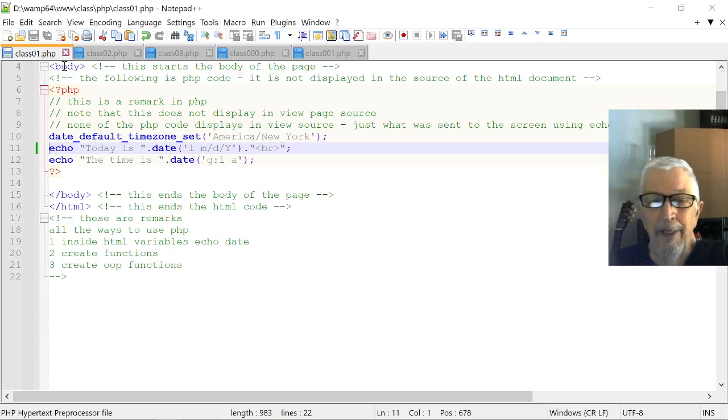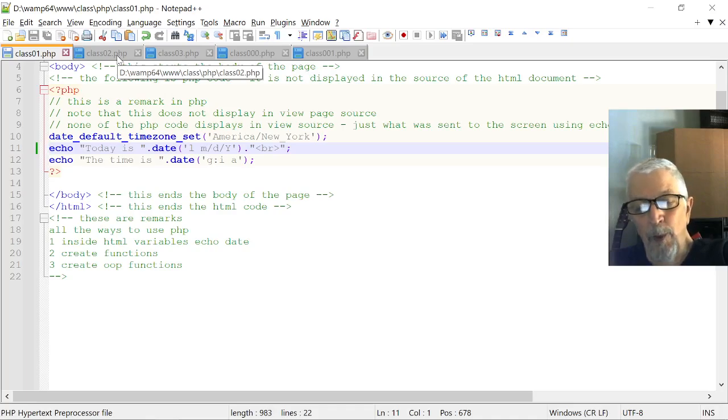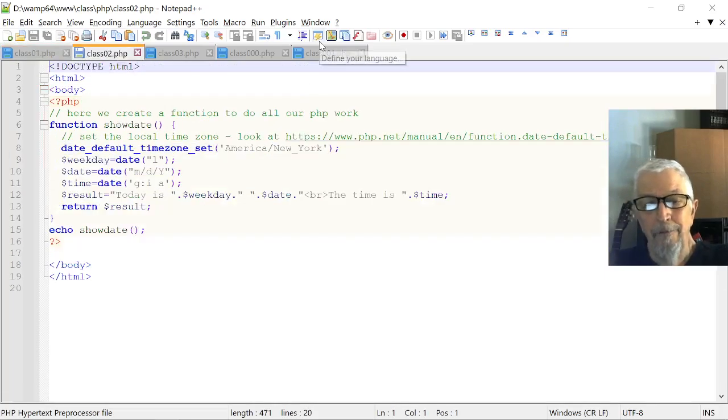So then what I did was I took that and I said, well, the next level of programming that I learned to use was setting up functions. So in here, this is the same program. It gets the same results, but I'm using a function to create the string that it's going to show on the show date. And so I have a function show date, and then within that I do the same things that I did inside the code of the previous version of our example,